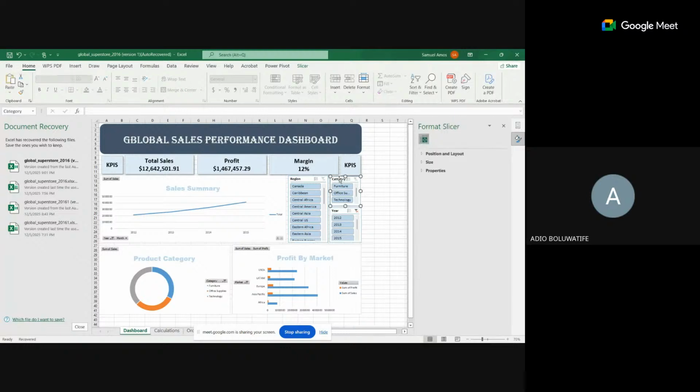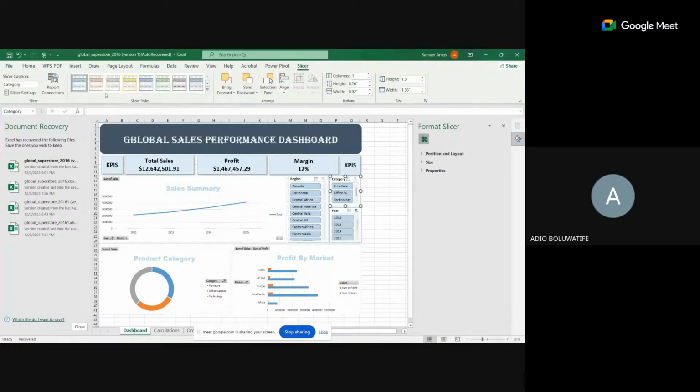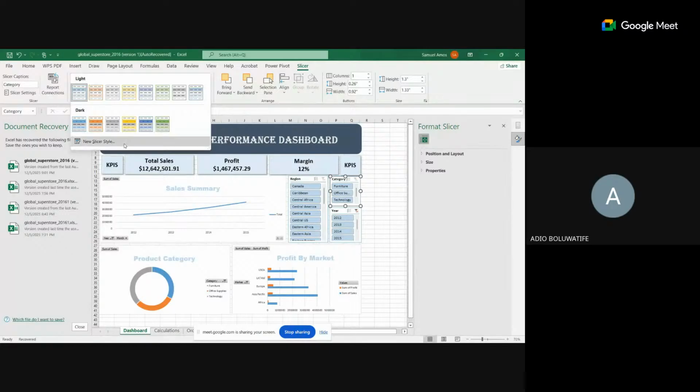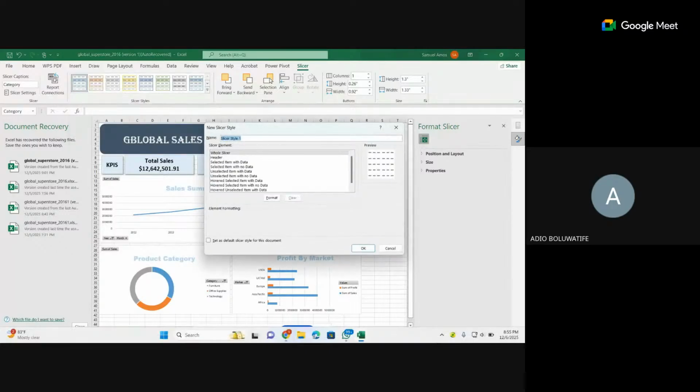So there's something we can do here. We can work on the slicer. So come to this. When you click on the slicer, you now see different styles of slicer. You can create your own new slicer style. Create your slicer style, and we are good to go. I'll just want to work on the whole slicer. You see the whole slicer header, selected item with data, selected item with no data, unselected item with data, unselected item with no data. So all of this you can explore